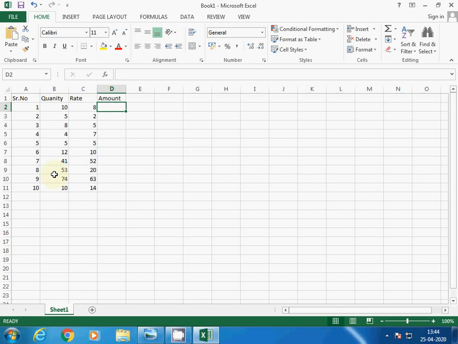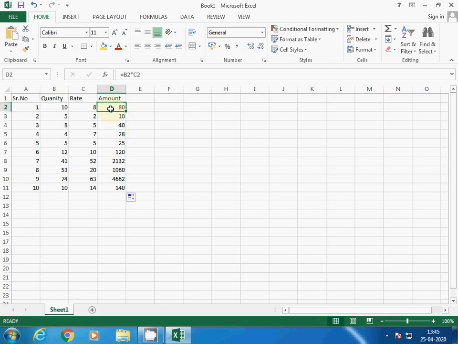Now I am going to calculate in this cell. How will we find the amount? You find the amount by computing quantity into rate. Simply equal to is required for calculating; you can use star from the keyboard for multiplication between the cells. You will get the result, and then you can drag it as you learned in class 6.